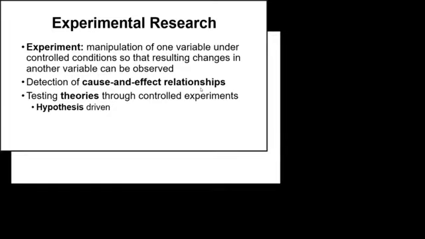experimental research. And our first definition for today is that an experiment is when you have the manipulation of one or more variables under controlled conditions so that the resulting changes in another variable can be observed. So we're going to talk about one of the simplest versions of an experiment just for the example's sake. I will show you a couple of brief examples of what happens if we add in extra variables that we manipulate, or what if we add in extra variables that we measure. But for the most part, we're going to be thinking about simplistic, one manipulated variable, one measured variable kinds of